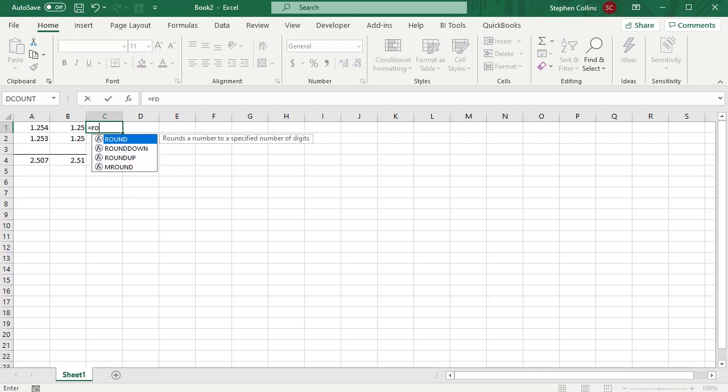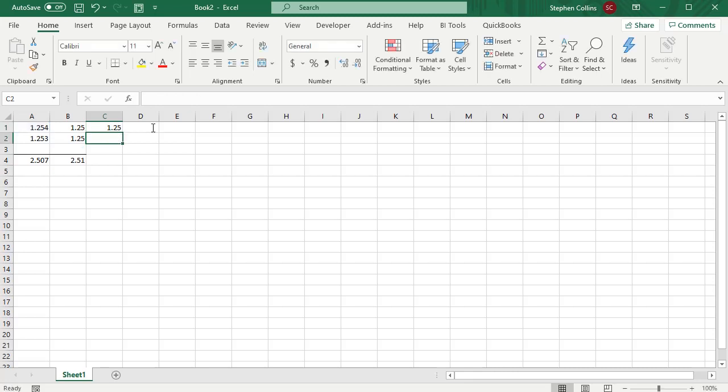So if we type equals round, we'll double click on that, and then you can see that we can put in the number that we want to have rounded, a comma, and then the number of digits we want to round to. So we want a 1, then we're going to type a comma, and I want to round to two decimals, so I'm going to type a 2, and then we'll close the parentheses. And we'll copy that down. And so now they're both rounded to 1.25. So if I copy my sum formula over, you can see that it's giving us 2.5, the number that we